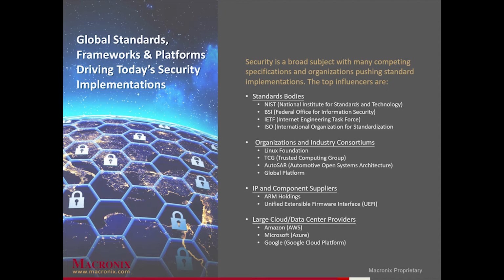To start with, there are specifications, guidelines, and recommendations from governmental agencies. I think the best known in the U.S. is NIST, or the National Institute of Standards and Technology, for which FIPS 140 is well known. And then in Germany, you've got BSI, or the Federal Office for Information Security. But there are many others, like the IETF, Internet Engineering Task Force, or ISO, the International Organization for Standardization. And all these agencies and organizations are focused on general implementations or targeted towards a particular technology, application, or market